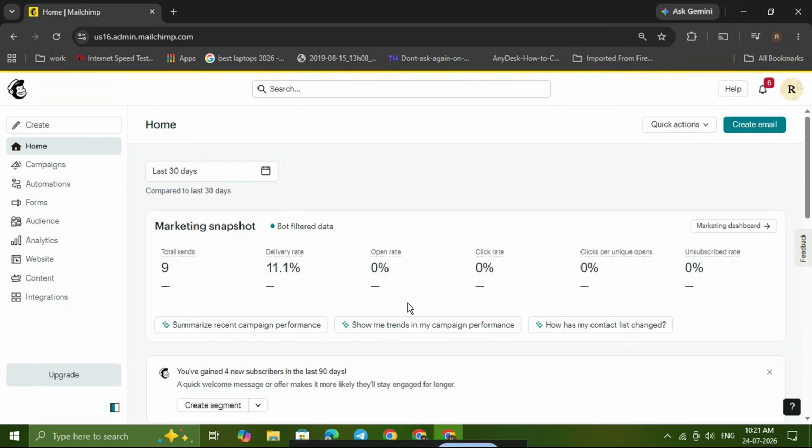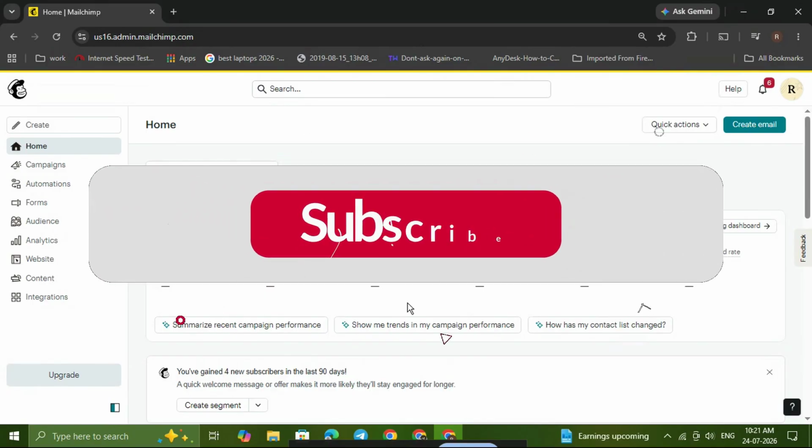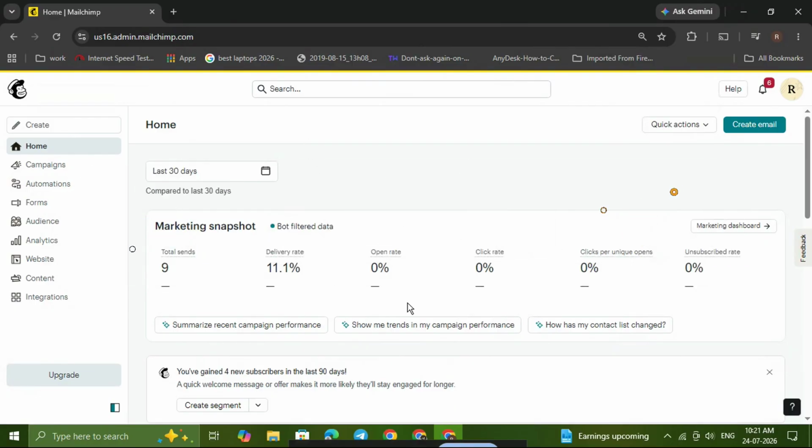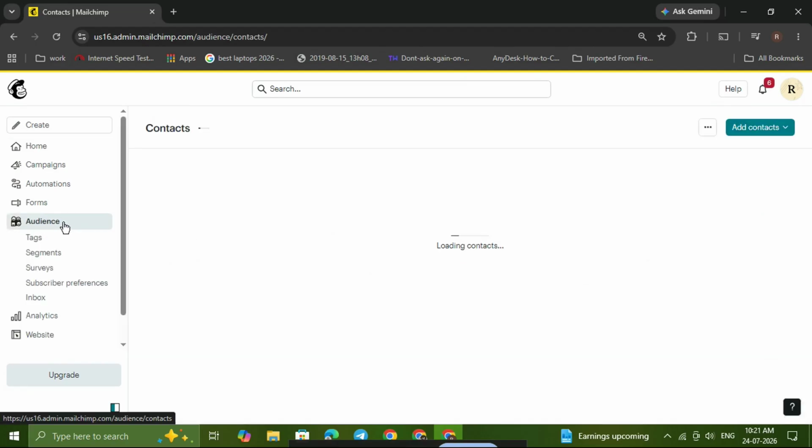Alright, let's jump into Mailchimp. First, open your browser and go to Mailchimp, then sign into your account. Once you're inside the dashboard, look at the main menu and click on Audience. This is where all of your contacts are stored, and it's the section you'll use to manage subscribers, tags, and